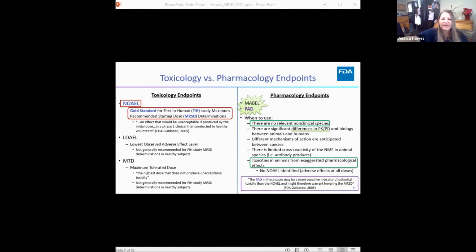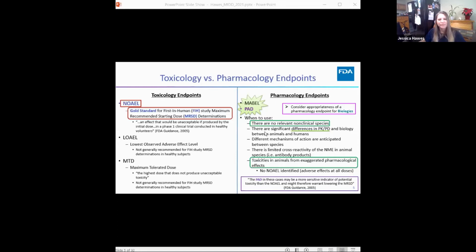The FDA 2005 guidance for estimating first-in-human doses states that the PAD in these cases may be a more sensitive indicator of potential toxicity than the no AEL and might therefore warrant lowering the MRHD. The importance of these recommendations came to light with the 2006 De Janeiro incident in the UK, where all 6